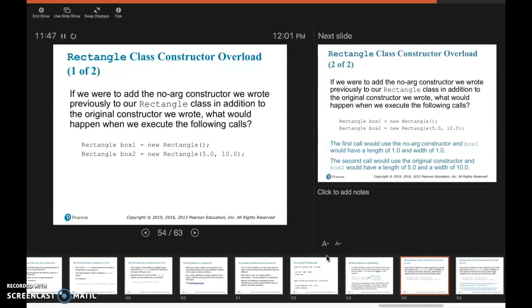So if we were creating, for example, an employee class, and that employee class had first, last name, phone number, address, social security number, etc., we might have a constructor that allows us to instantiate the employee by name only. Maybe there's another example where we'd only need to instantiate it by social security number, and maybe there's a time when we'd want to instantiate it by the full name, social security number, and address. So there could be a lot of different ways that we want to